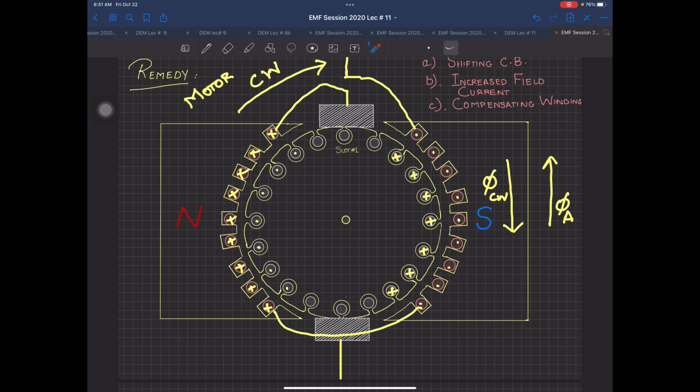क्योंकि आपके पास what is phi F in this one? It's going from top to bottom. But you are having a wire placed perpendicular to this. So it will have an effect. But the advantage is enormous. Your armature reaction is being stopped by 80 to 90%. So this is an expensive winding that is done only on larger machines so that you can avoid armature reaction inside your motor or your generator. Okay. Any questions with this up till now? I have one more remedy which I will be discussing after the next topic.